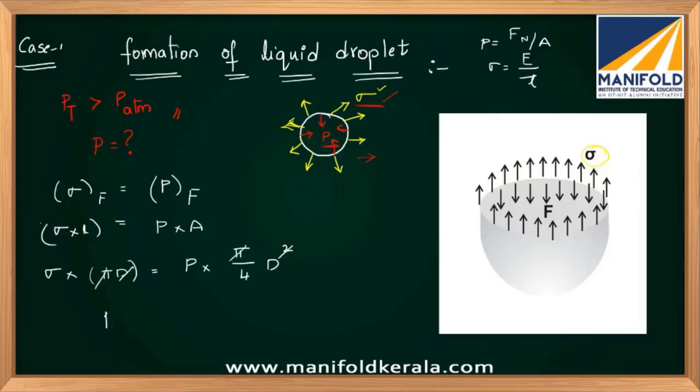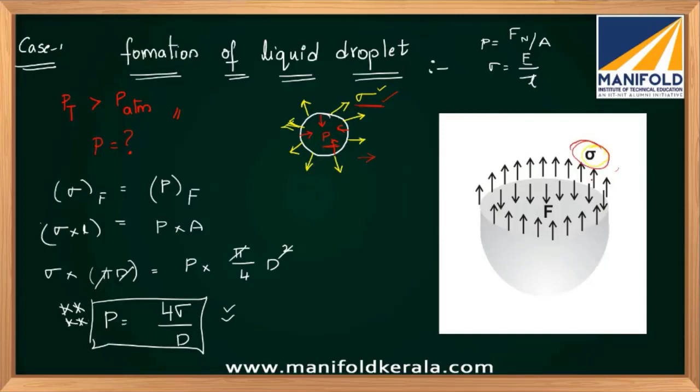Equate it. P equal to 4 sigma by d. If this pressure is maintained in the bubble, it will be of spherical shape. If not, it will burst. A very, very important formula: P equal to 4 sigma by d. When I take the cross section in this figure, you can clearly understand sigma is acting outward, that is nothing but surface tension force. Some pressure force is acting inward, that is nothing but pressure force. This is the cross section, and 4 sigma by d is the pressure required to make the liquid